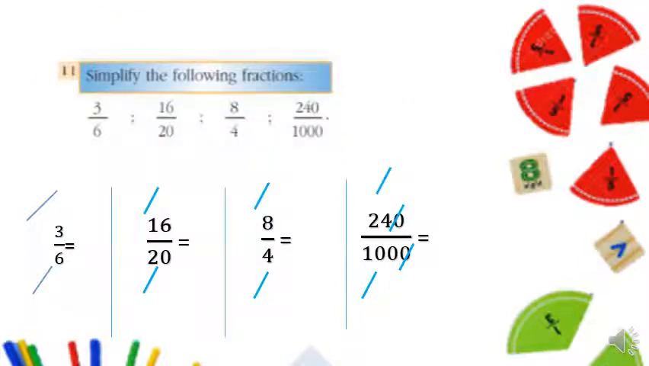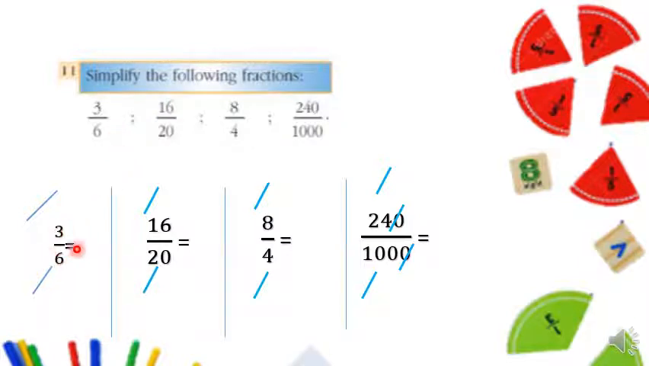Now let's start with exercise 11. Simplify the following fractions. Simplify means make it smaller. It means I have to divide the numerator and the denominator by the same number. So let's start with